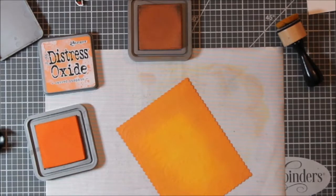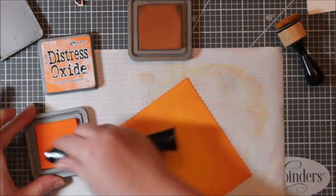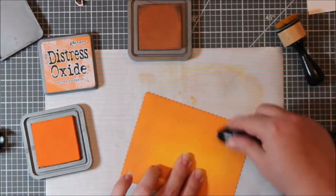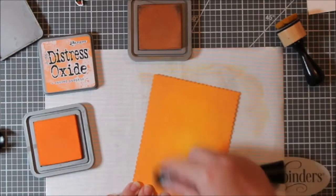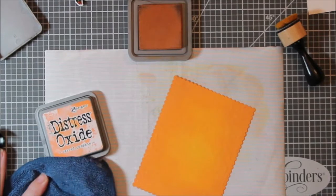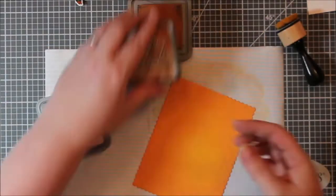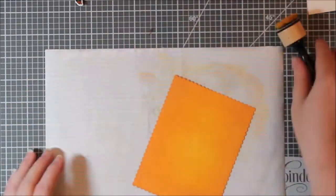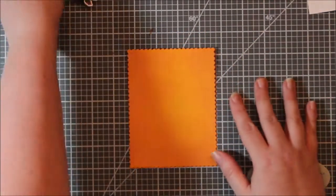So the same as when I'm coloring with my Copics, I use a brown or an earth tone maybe to add depth to my oranges and yellows. I do the same with my ink blending with this Rusty Hinge in Distress Oxide or just the regular Distress ink line. I do like that combo, and you can see here that it definitely reads that golden orange color. So there is my panel,